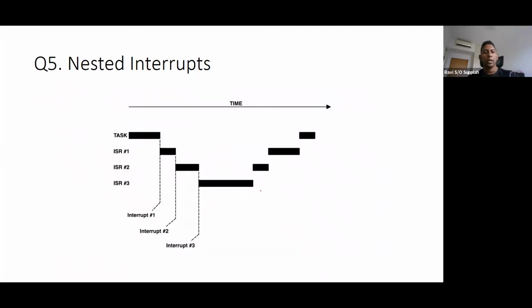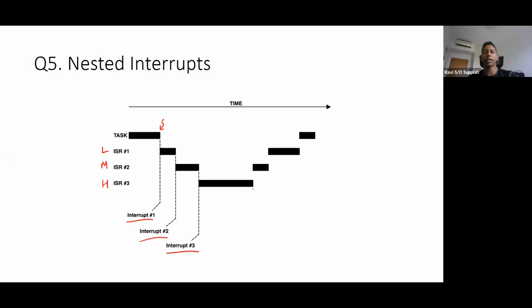This is easier. If I'm in the middle of something and an ISR comes in, this can be considered low, medium, and high priority. First the low priority interrupt comes in, but before it can finish, a medium priority interrupt comes in. Before that can finish, a high priority interrupt comes in. So the higher priority interrupts keep preempting the lower priority ones.